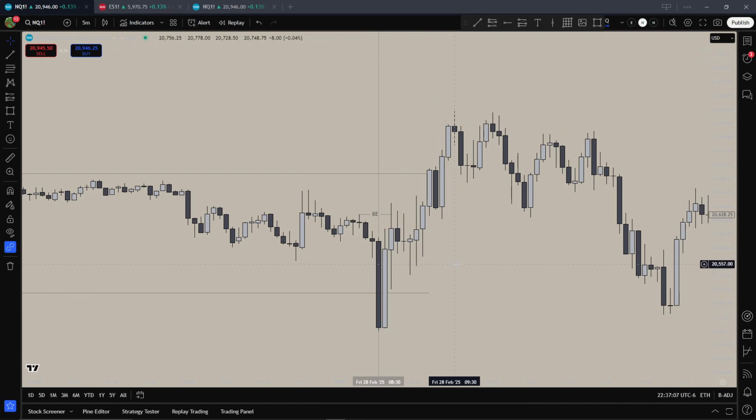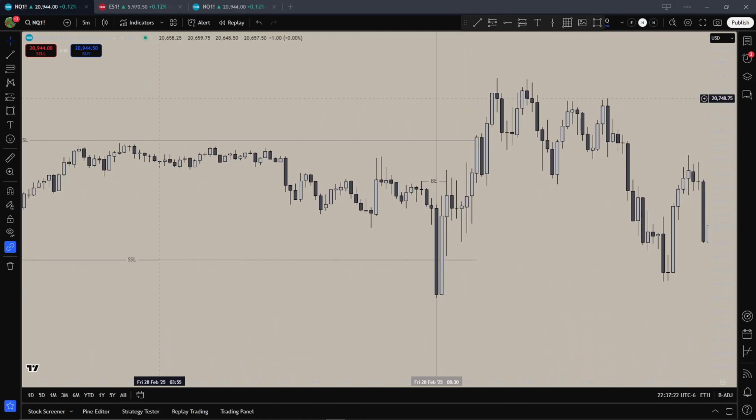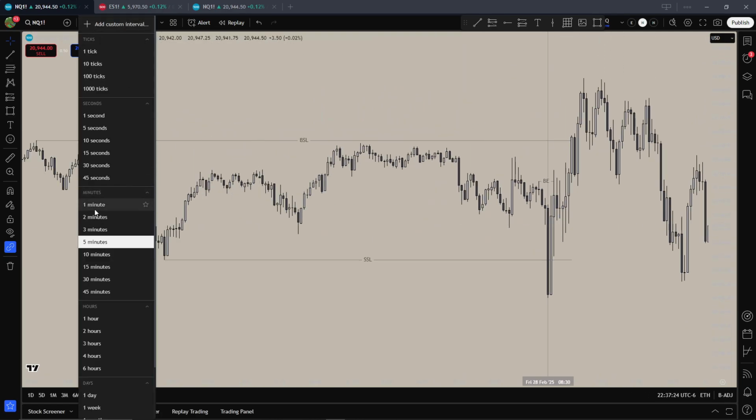Let's go to the first trade. Well, looking at the news, we had 2 red folders. One at 7:30, which was core PCE price index, and then we had Trump speaking at 11:15, and that was over here, which I don't really trade. But yeah, so go to the 1 minute